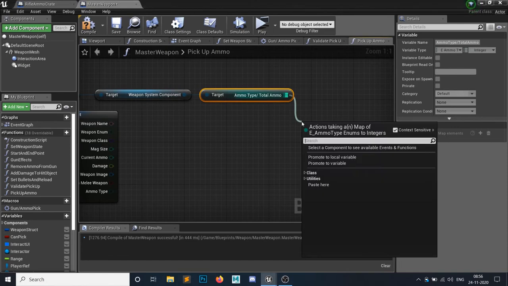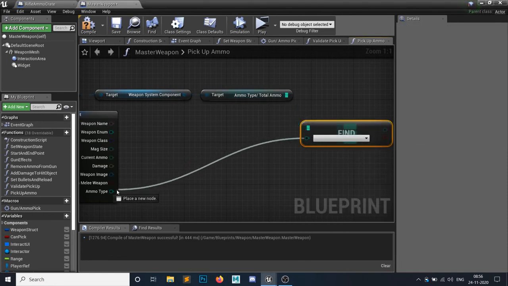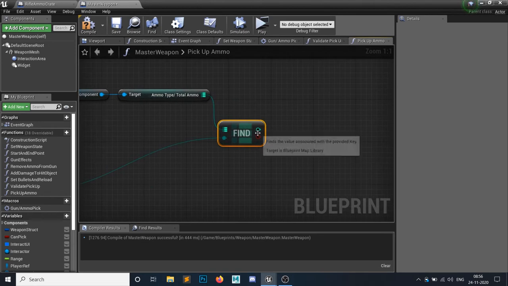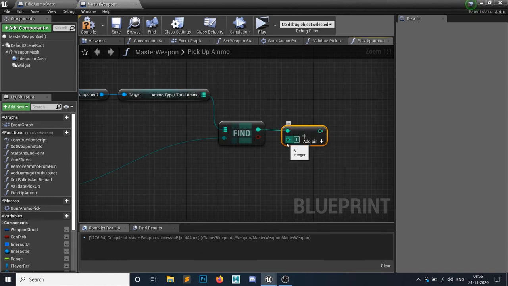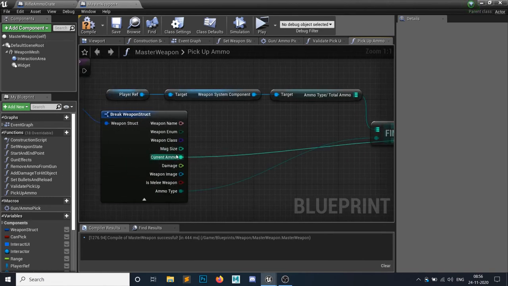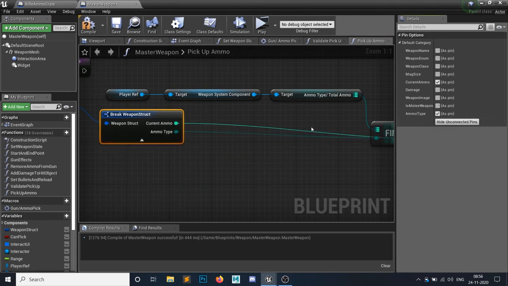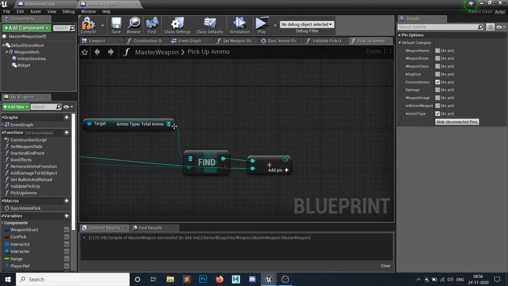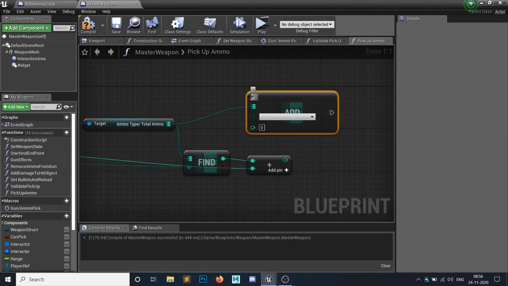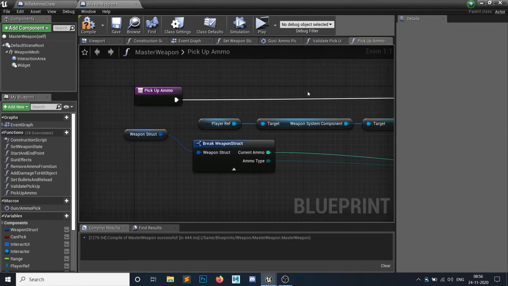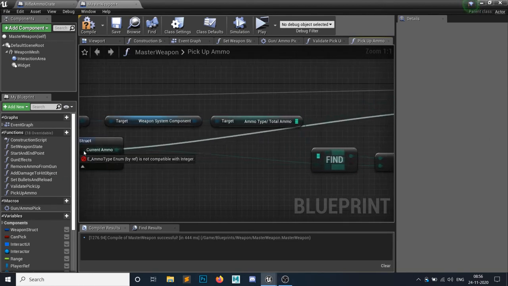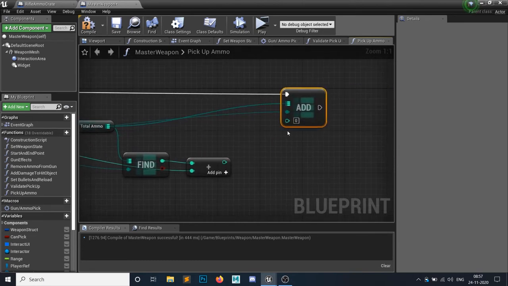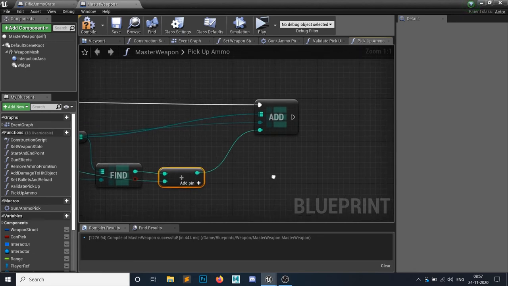And let's simply find the type of the ammo. The type of the ammo is this ammo type from this, and we want to hit a plus. Same thing we do with the ammo pickup crates, and the plus would be a current ammo. And let's hide all the unconnected pins. After doing the plus, we simply want to add to our map. So this would go in here. So type would be this ammo type, this one. And the currently added updated ammo is the plus of this.